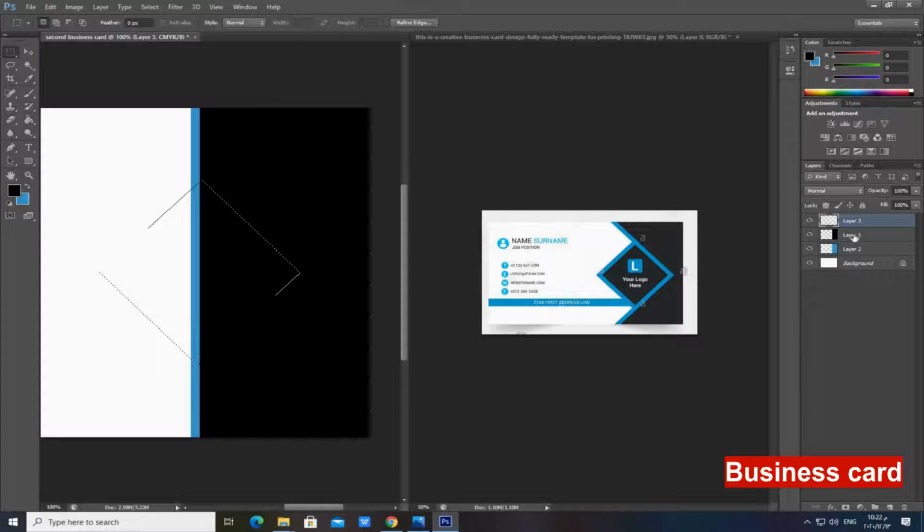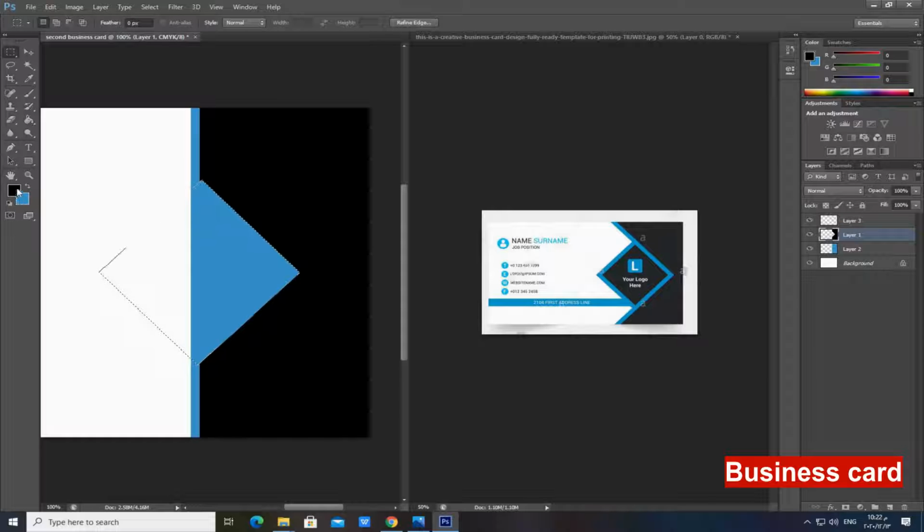Now with the selection, click on layer 1 or the black layer. Then click on Delete to delete this area. And again, click on layer 3 or the last layer and replace the foreground and background color to have this color, or blue color, and click on here again. Choose paint bucket